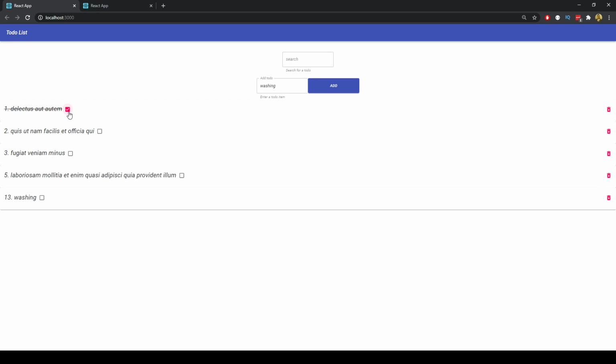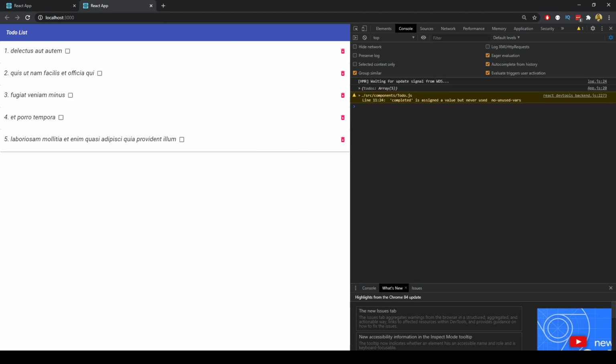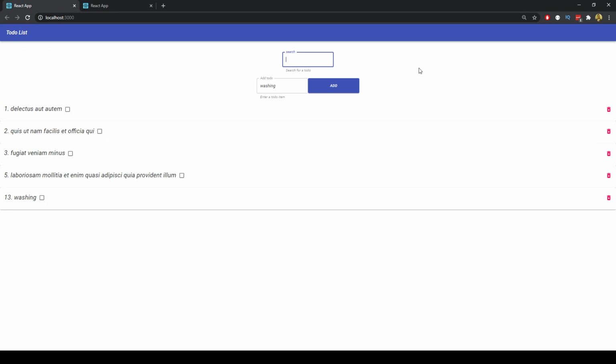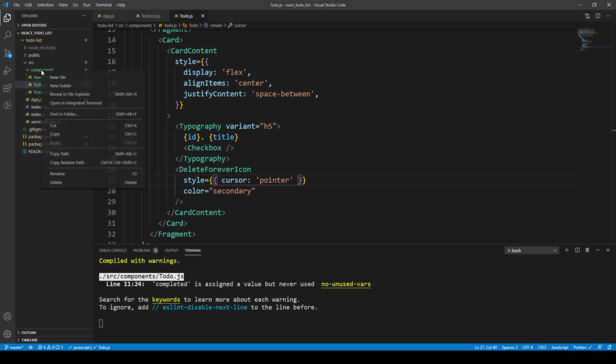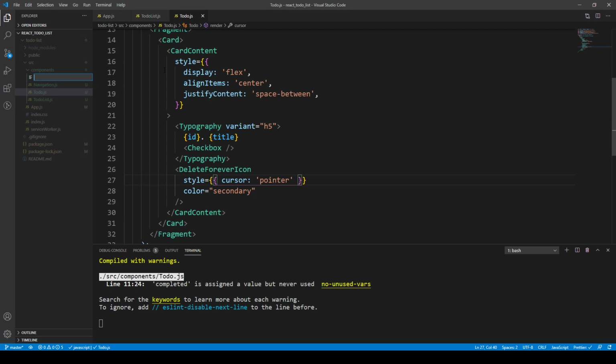It can be marked complete. We could delete it, we could search it, or we can add it. So what I might do now is I might do the searching functionality. So for that, I'll need to create a new component, and I'll call this component